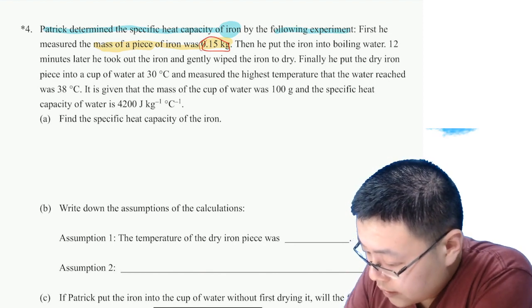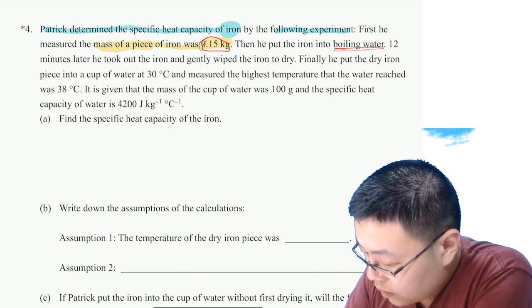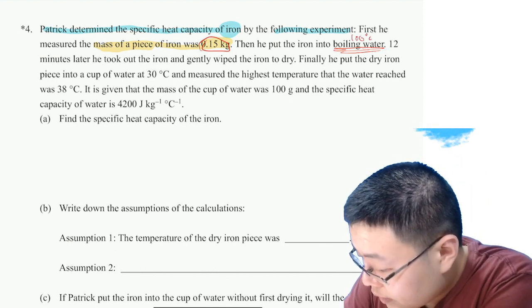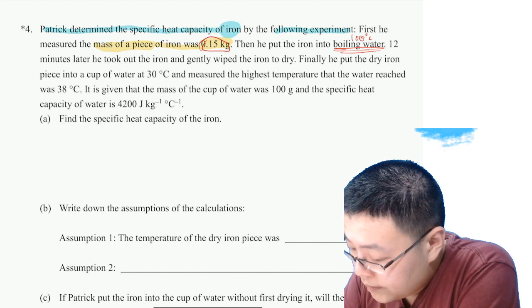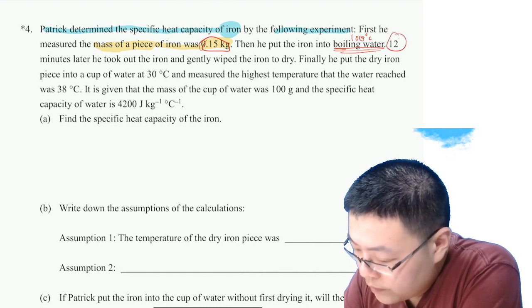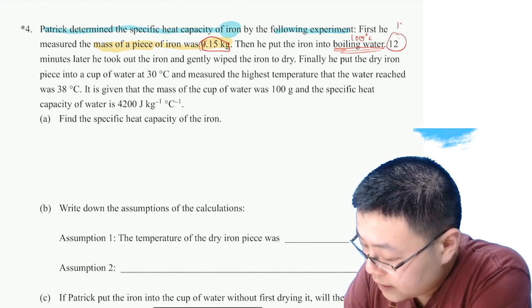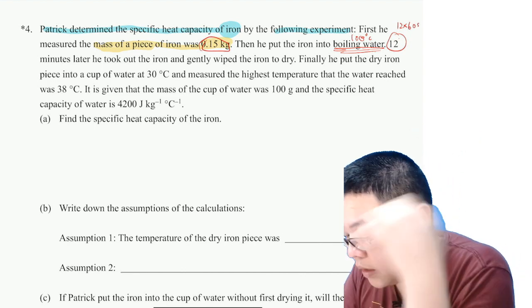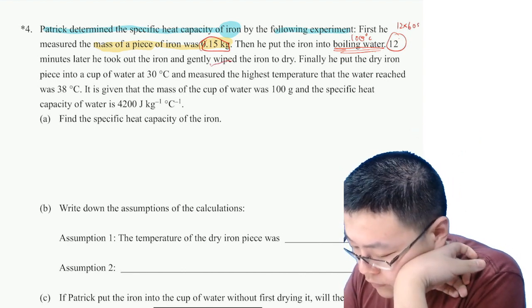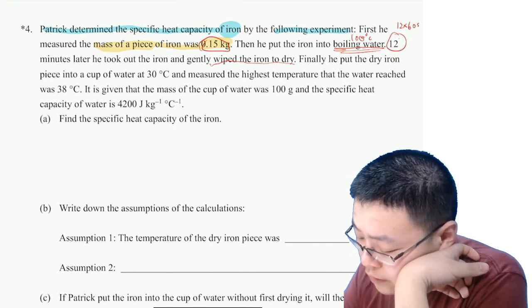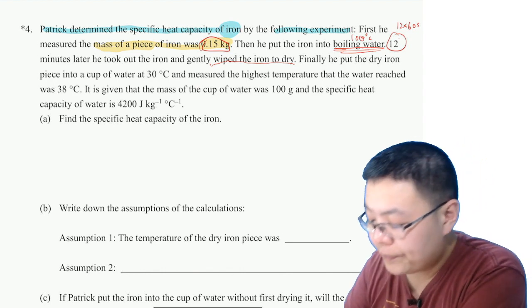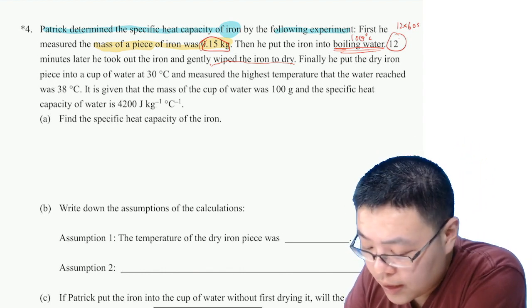Then he put the iron into boiling water. 即係幾多度呢？梗係100度啦。Okay, and then 12 minutes later， 即係12乘60咁多個 second 啦。Wipe the iron dry， OK， 因為佢浸咗落滾水，咁所以拎翻出嚟有少水點，咁佢就抹翻乾走佢啦。Finally, he put the dry iron piece